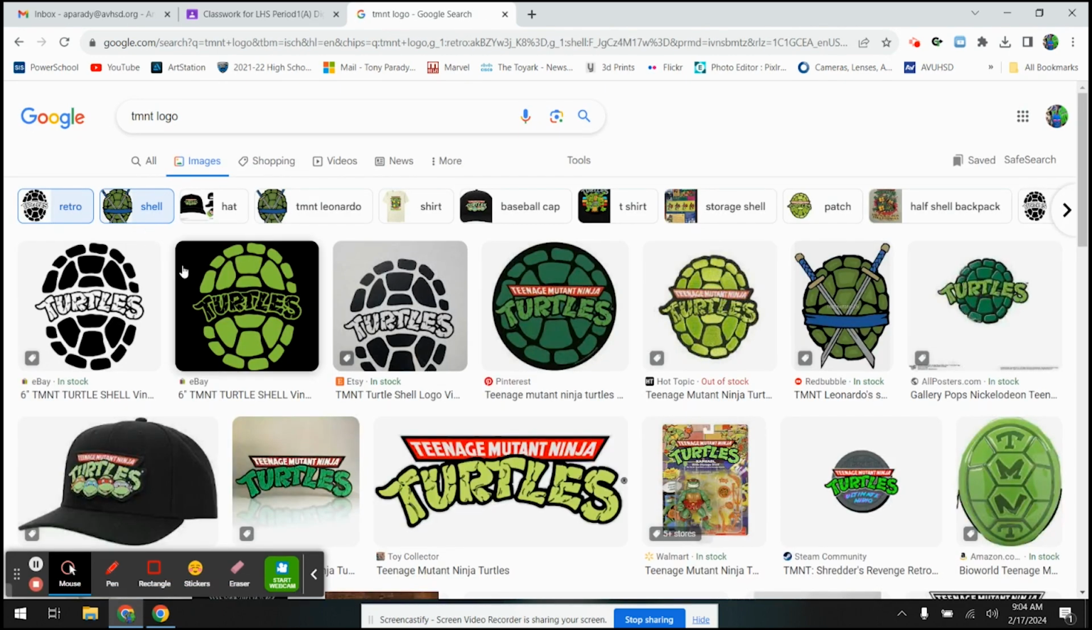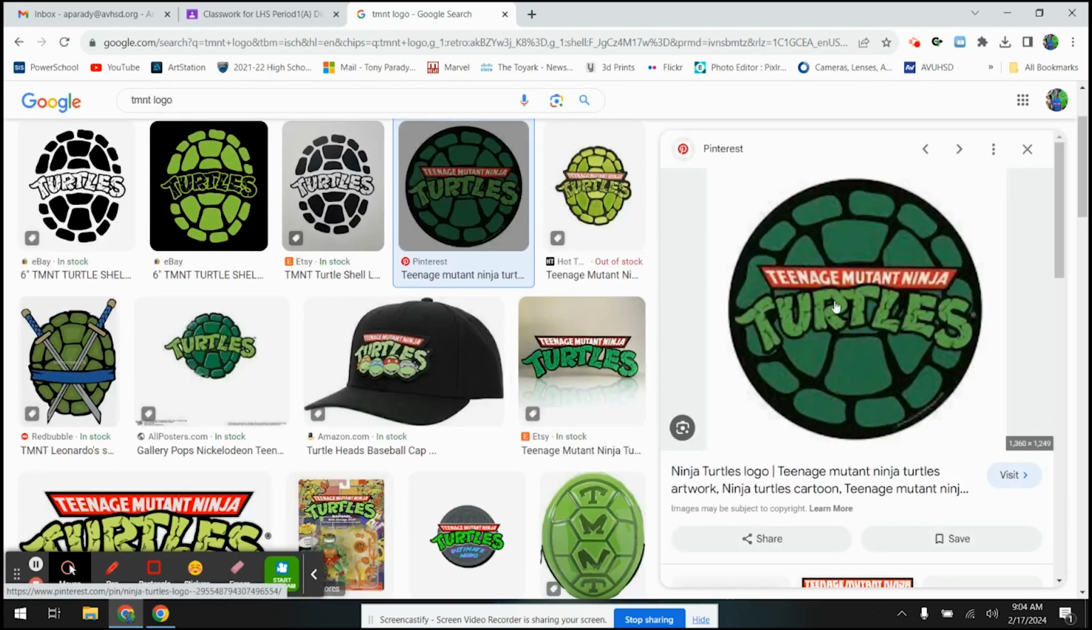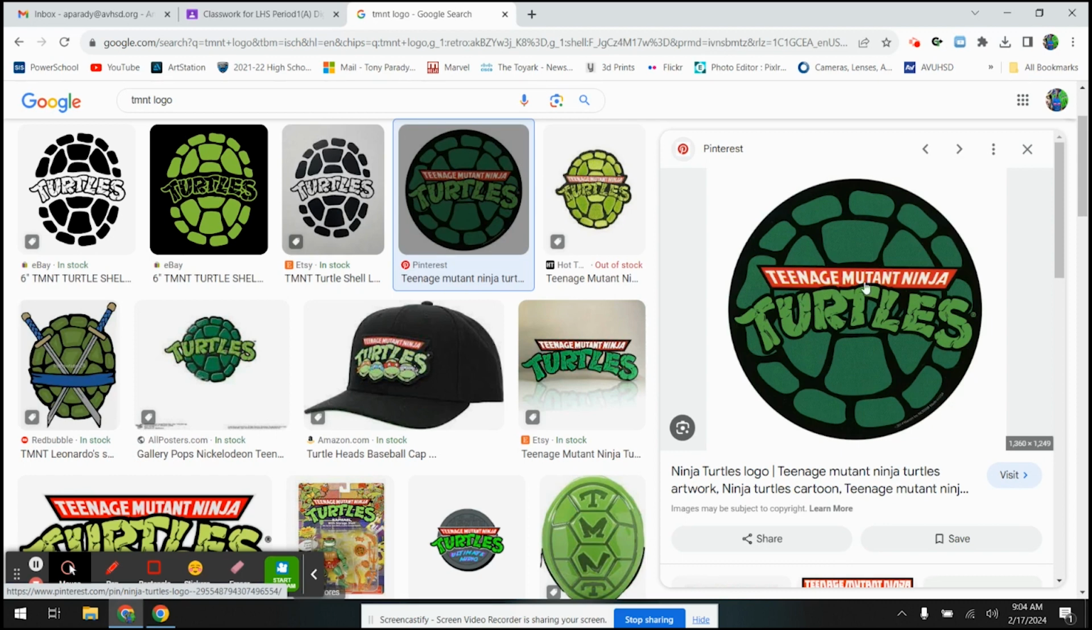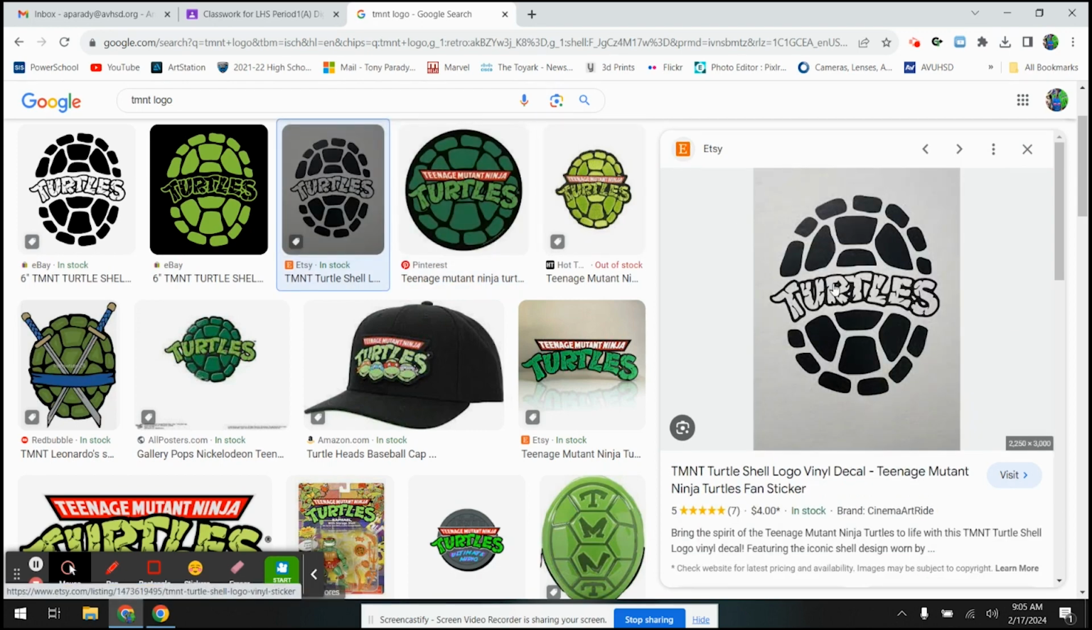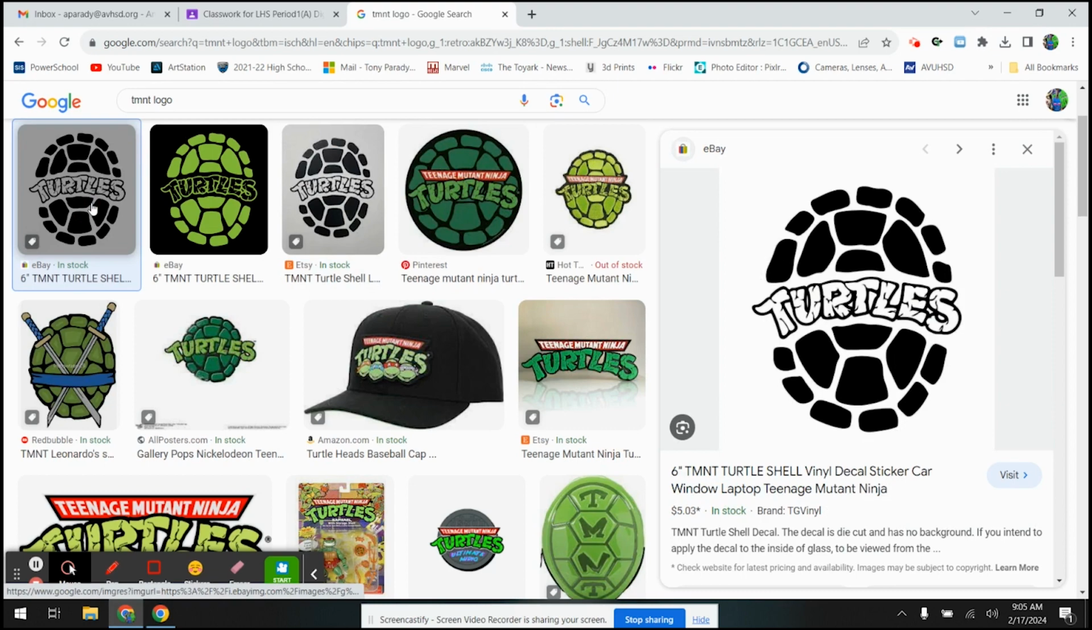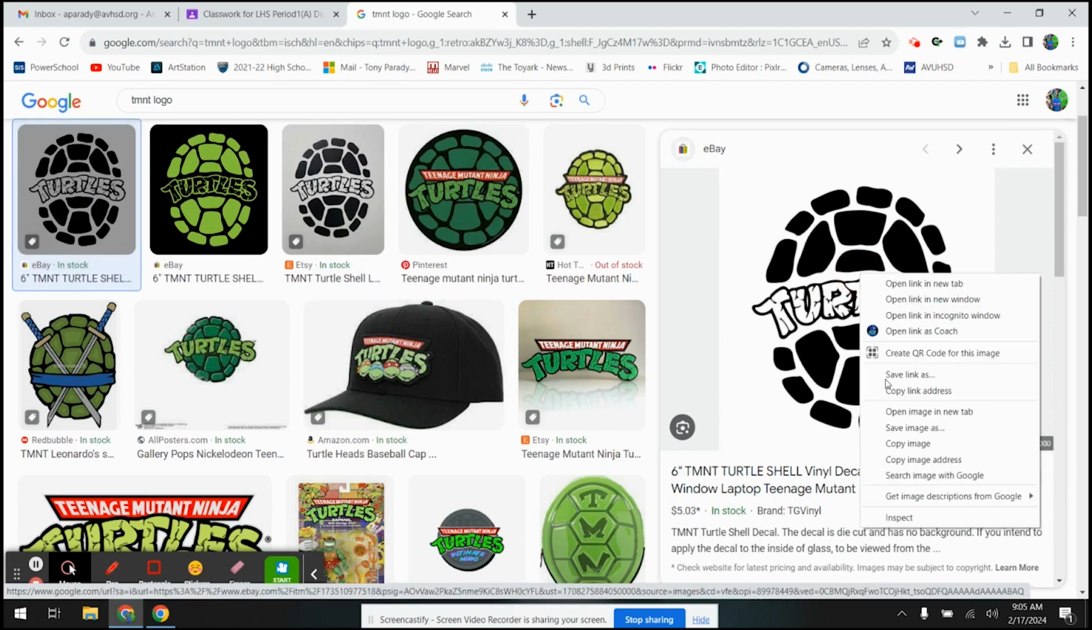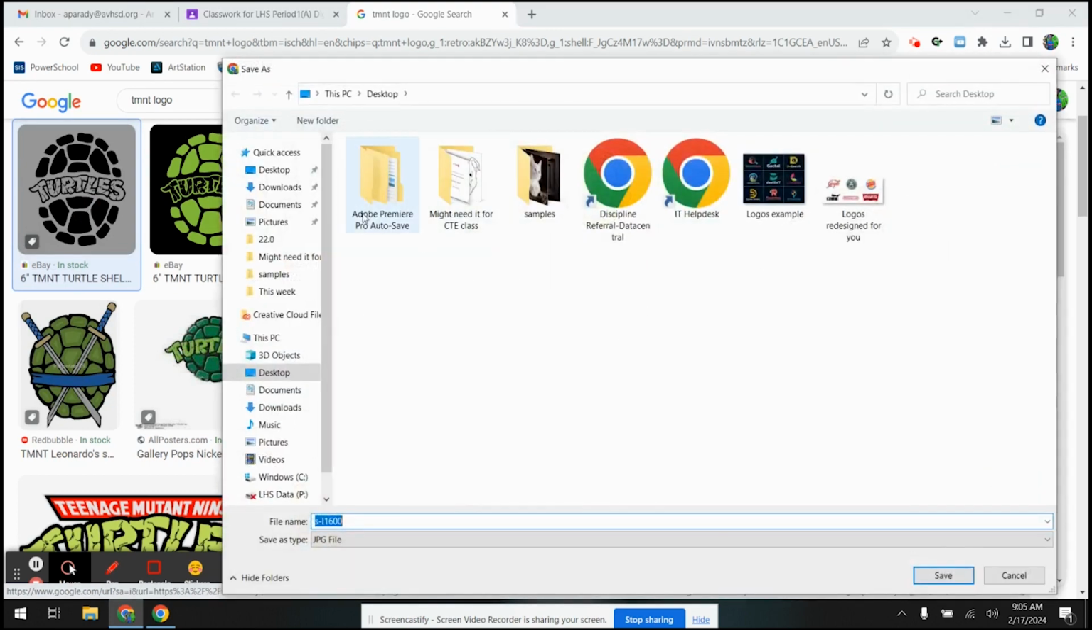I already have the shell design in mind, so I'm looking for the shell, and it's like, ooh, that one could work. So let me see if I could get this one. This is great because keep in mind in Illustrator, this could work, but remember, you've got to do the time of taking all that out. So I'm actually going to go with one like this or this. Okay, so I'm going to right click, save image as, your desktop, turtle